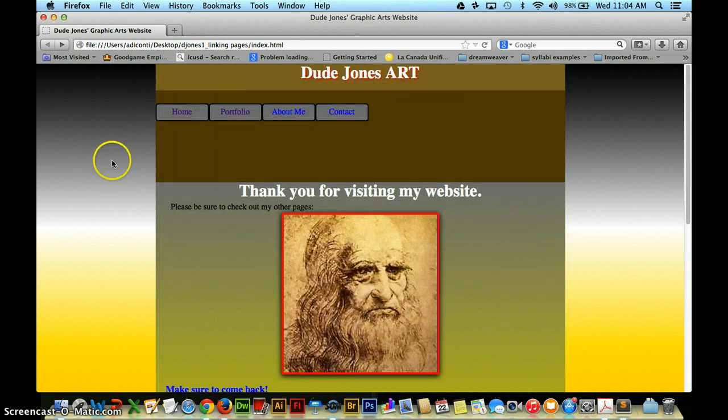And then at the end of this tutorial, which may comprise of 3 videos, maybe 4, maybe only 2, we'll see, but we're going to have a navigation bar with a drop-down menu and a hover effect with